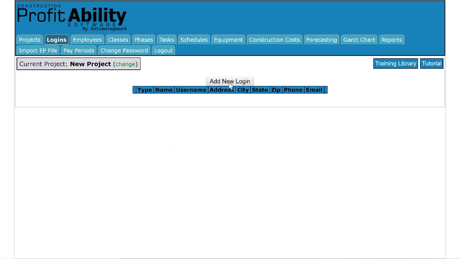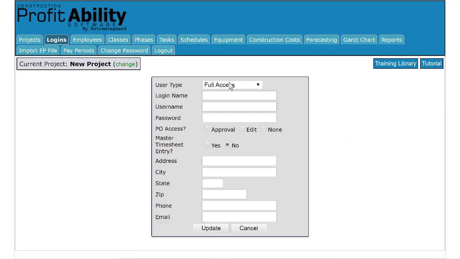To begin, let's click on Add New Login. There are several different levels of access available, starting with full access, limited access, and Gantt access only. Full access gives you access to every feature and page in the program. Limited access offers you the option of selecting which pages the user can see. And Gantt access is mainly used to offer a link to your customer so that they can view your updated